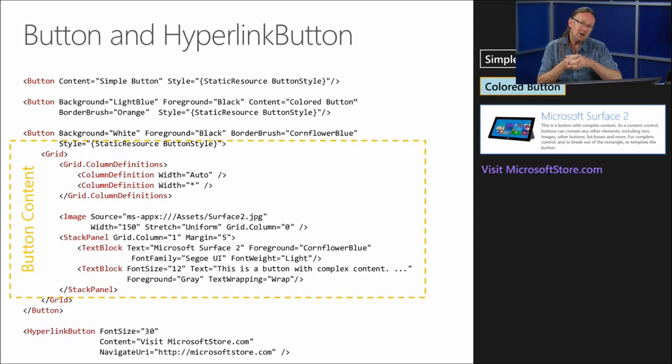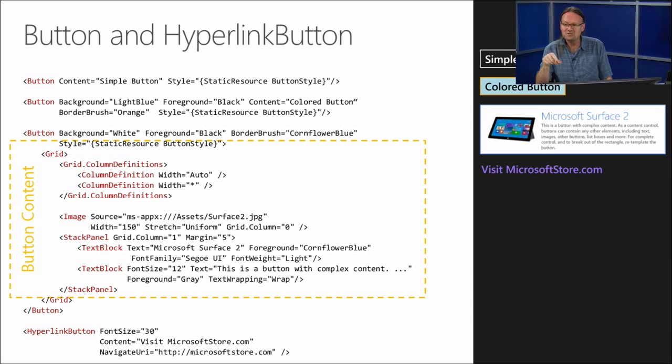That's not to mean you're stuck with that. As the second one, there are certain properties on a control like the button where you can change the background, the border brush. Like the second example, that colored button is a nice colored button. It's still the same as the previous button, but obviously looks different. But a button at the end of the day is just something that the user can click. That's what a button is.